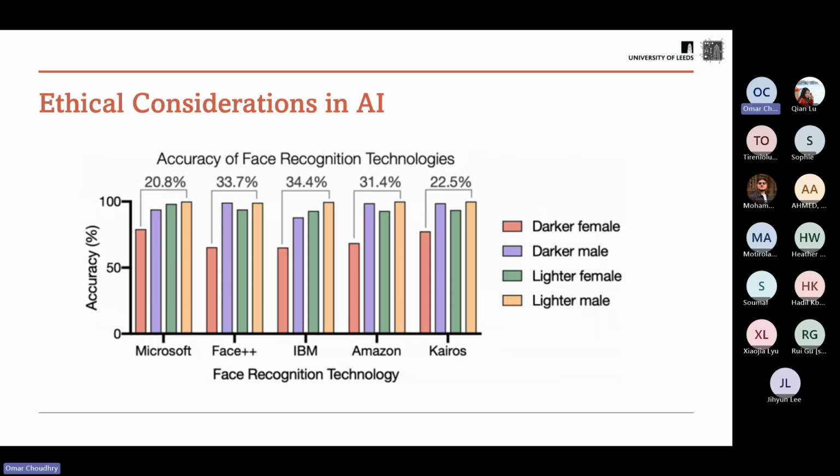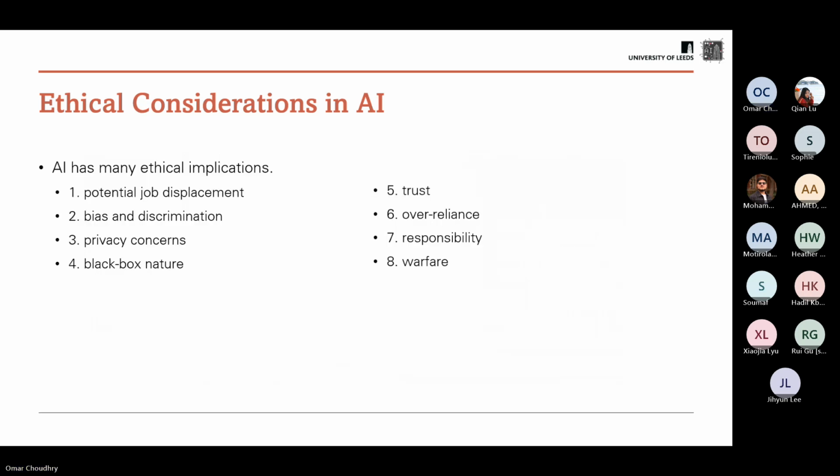And these are things that we have to consider when we make these models. When you give it the data, and again, the most important thing is the data, you try to give it in the most unbiased way. And when you test your models, you test them on these different groups to make sure that it performs well enough on everything. And if it does perform worse, then you report it and you explain why you think that is. Right, and there are many ethical implications.